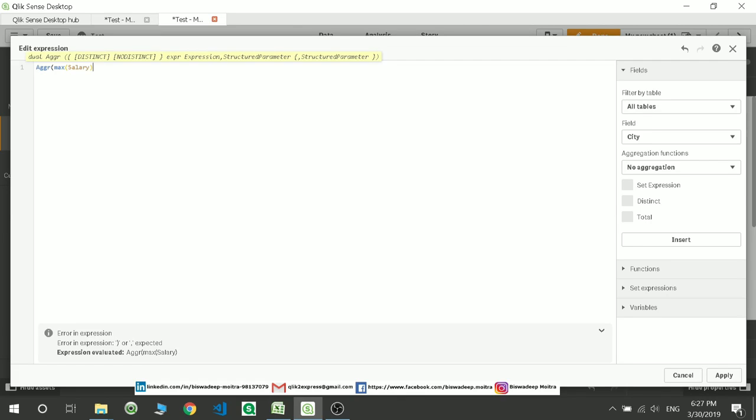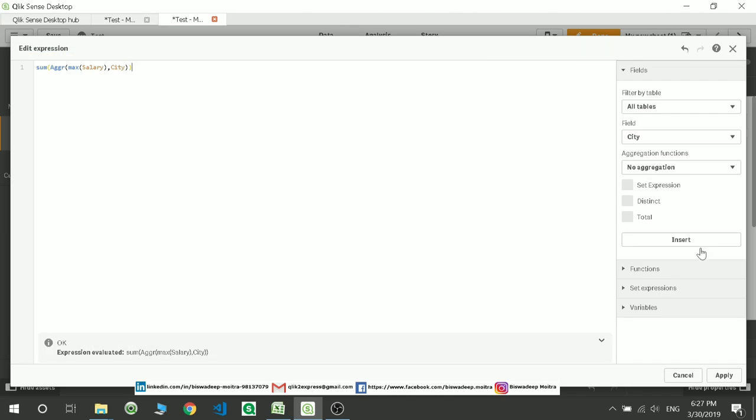I want to aggregate this based on my city, just simply comma city. What it's going to do is take the maximum of salary, grouped based on your city. After that I want to do a sum of it, so then put simply a sum.